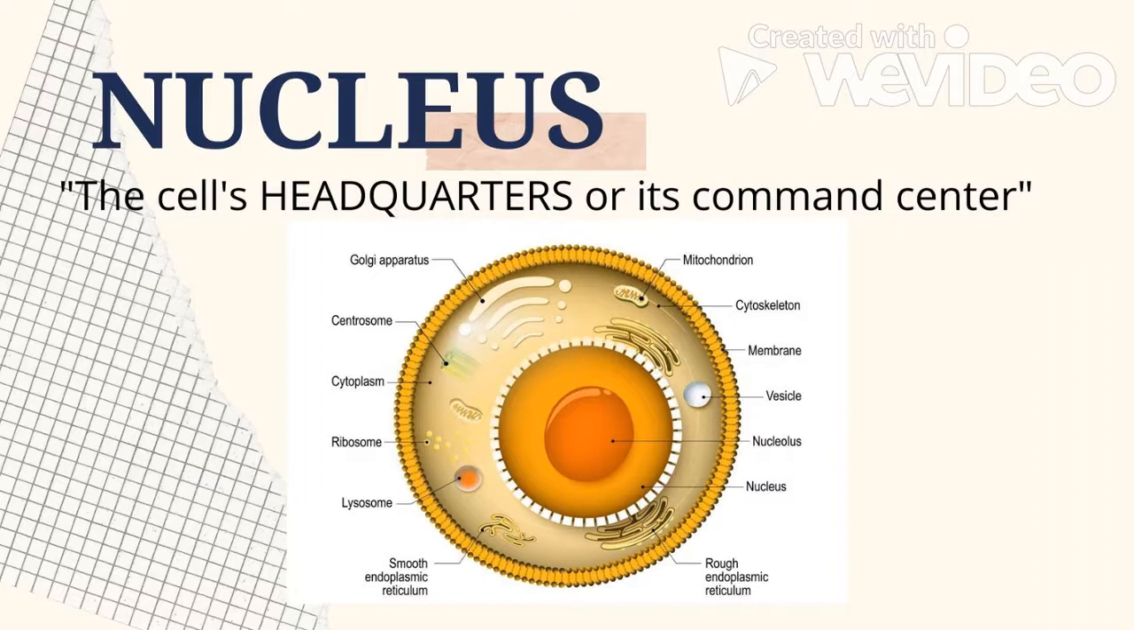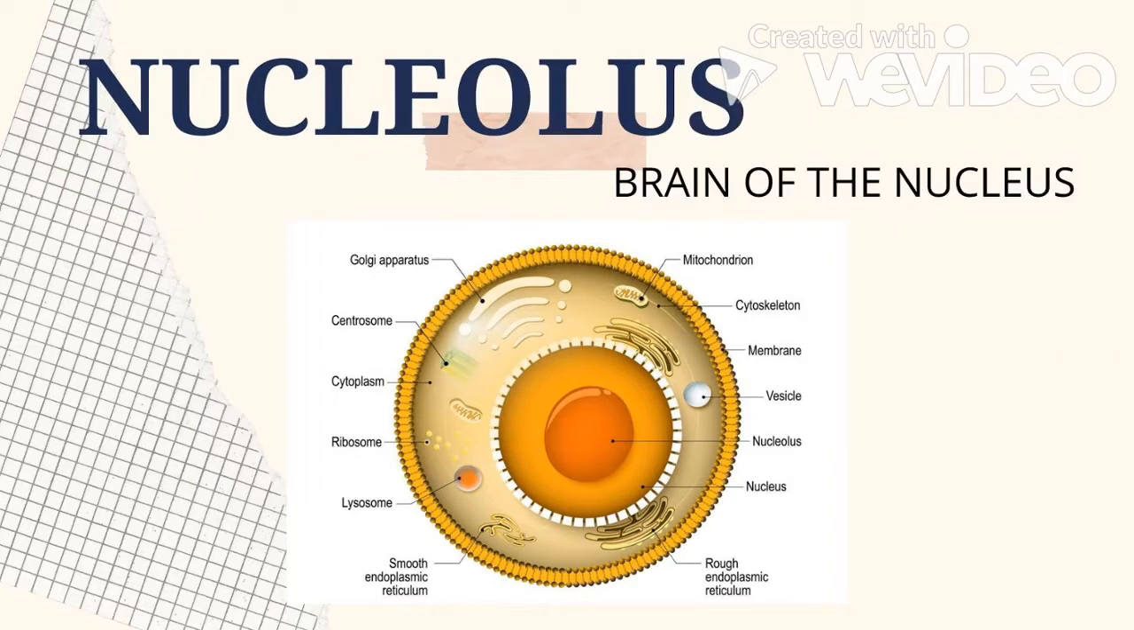And then next up is the nucleolus, the one in the middle. The nucleolus is considered the brain of the nucleus, covering nearly 20% of its volume. Primarily, it takes part in the production of subunits that unite to form ribosomes. The nucleolus plays an important role in the synthesis of proteins and also in the production of ribosomes in